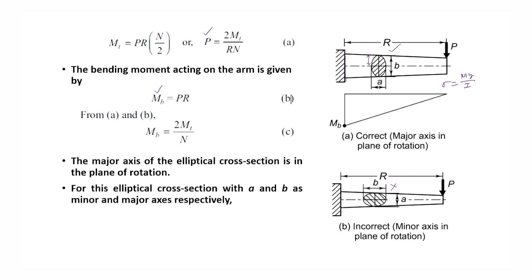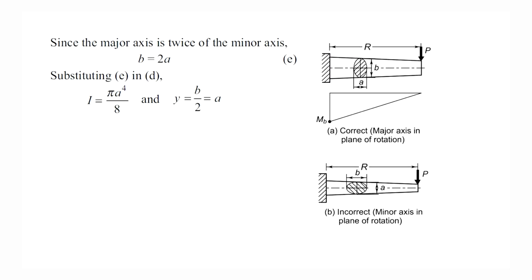For this elliptical cross section with a and b as minor and major axes respectively, I is given by πab³/64. This I is bigger, and so sigma will be smaller for this case. So since the major axis is twice the minor axis, I is given by πa⁴/8